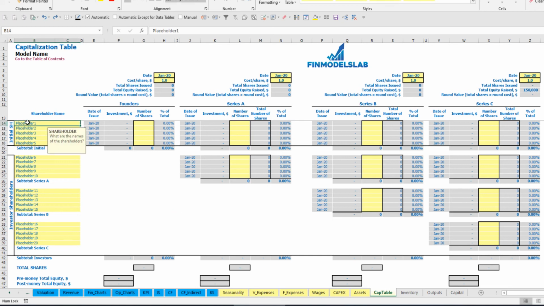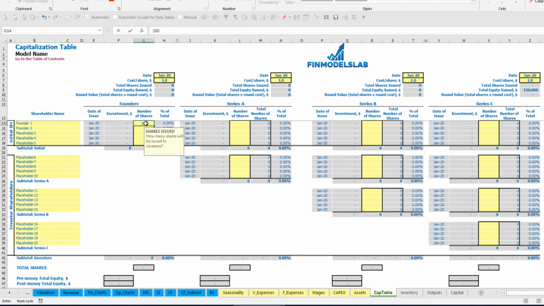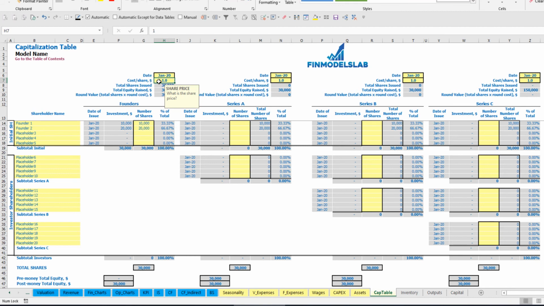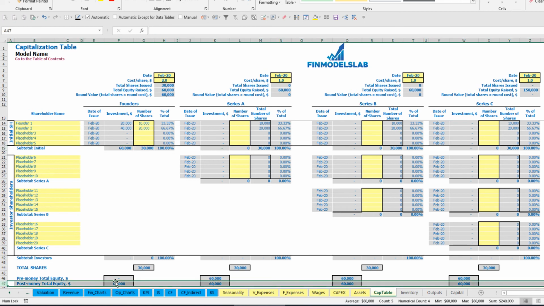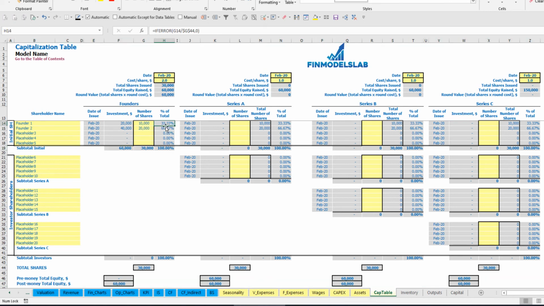Let's pretend that we have two founders, founder 1 and founder 2. The total amount of shares for founder 1 can be 10,000, for founder number 2, 20,000. Let's imagine that the cost of share will be $2 and the date of funding is February. This means that the investment for founder 1 is $20,000, for founder 2 is $40,000. In total they invest $60,000, which you may see here. The dilution is 33 to